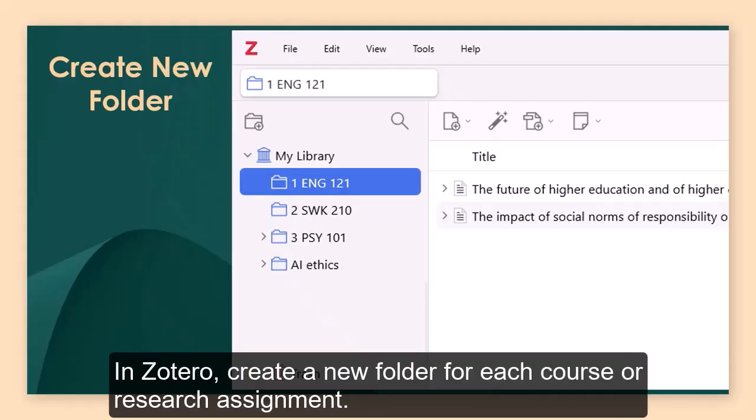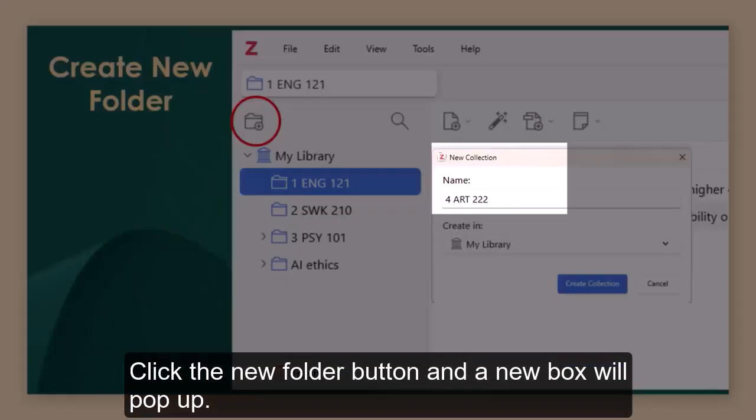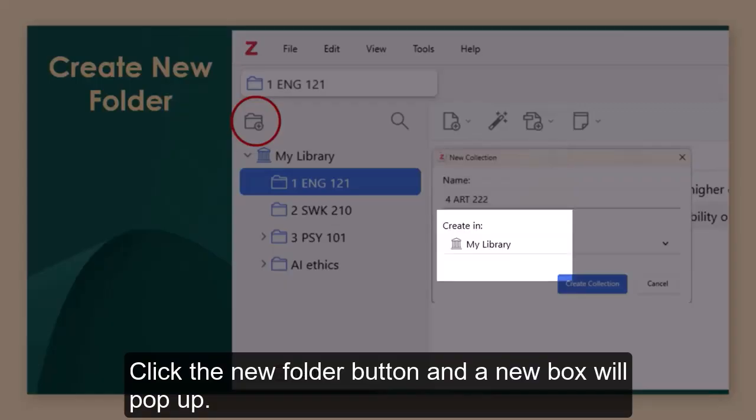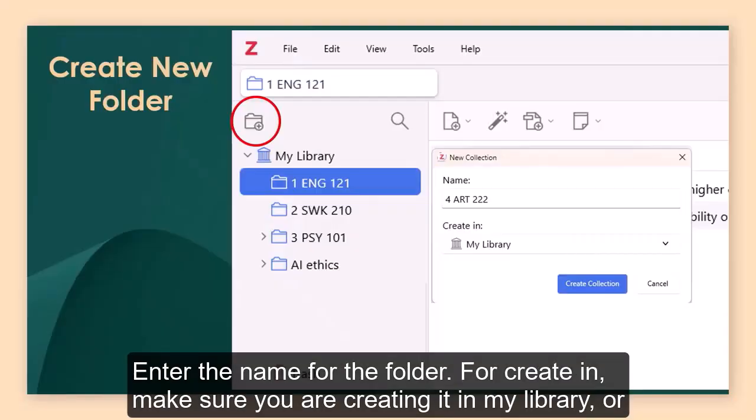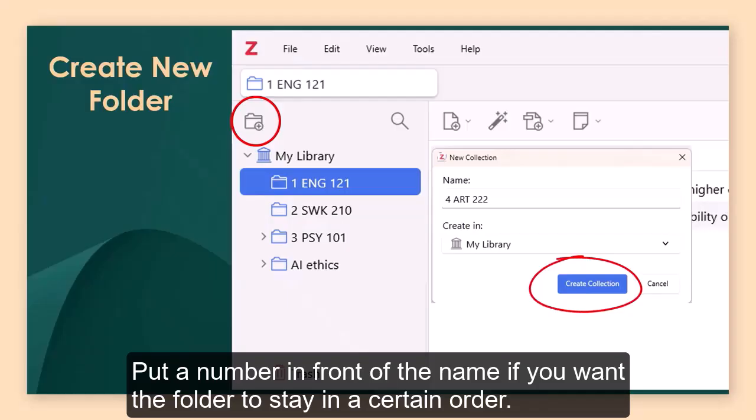In Zotero, create a new folder for each course or research assignment. Click the New Folder button and a new box will pop up. Enter the name for the folder. For Create In, make sure you are creating it in My Library, or create subfolders by choosing a folder that already exists. Put a number in front of the name if you want the folder to stay in a certain